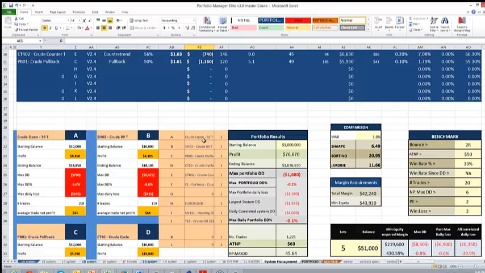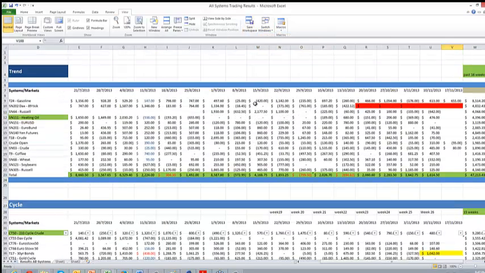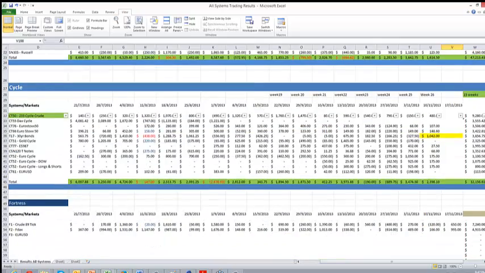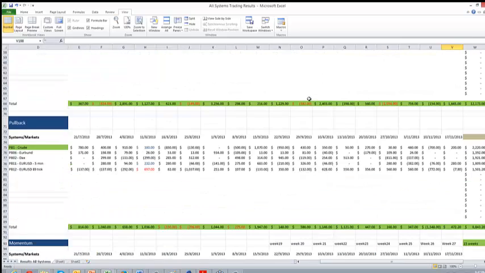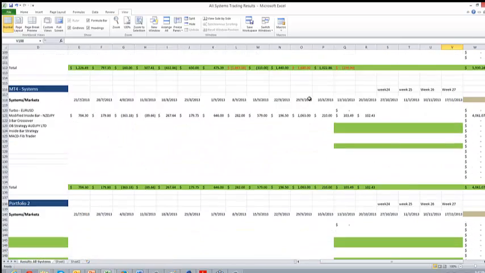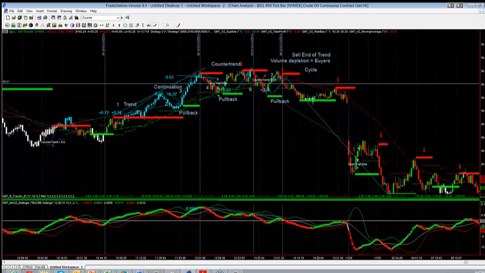So guys, what I'm going to do now is I'm just going to take you through quickly the systems that have been running well for the last 12 or 14 weeks, and just doing a little bit of an update this week on a couple of these strategies. But what I also want to show you too is that counter trend system that I put together on crude has an interesting partner. How many traders here are trading the DAX at the moment? Or how many traders are tracking the DAX?